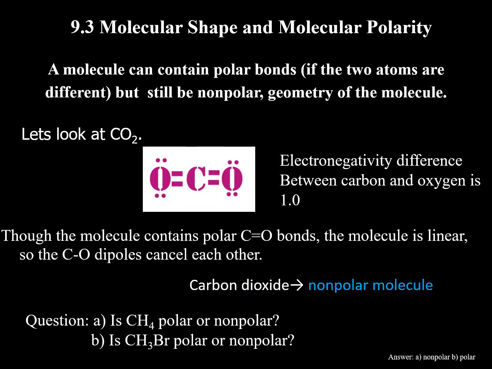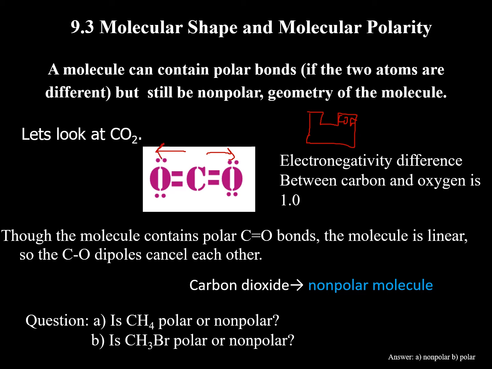So let's take a look at the CO2. This is the correct Lewis structure. The shape is linear. If we want to determine if it's a polar or nonpolar molecule, the electronegativity difference is 1. If you guys recall from our trend, F is the most electronegative, but O is located here, and then C. So O is more electronegative. So it's going to pull a bit more to the right and pull evenly to the left, so they cancel